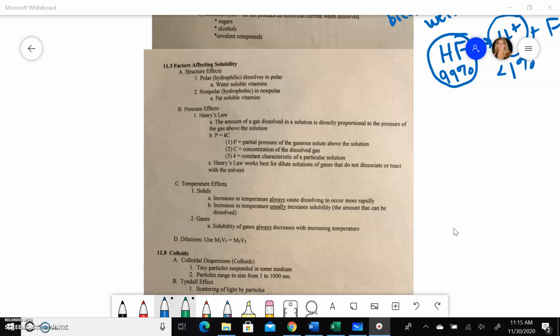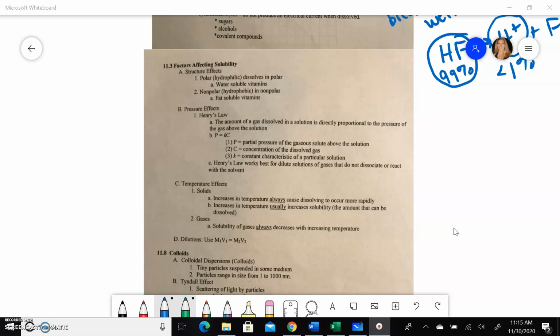The first thing you want to look at is polarity. So polar things can dissolve polar things, nonpolar can dissolve nonpolar, but usually polar and nonpolar have trouble dissolving into each other. So if you're talking about water, water is a polar substance, so it's easier to dissolve other polar